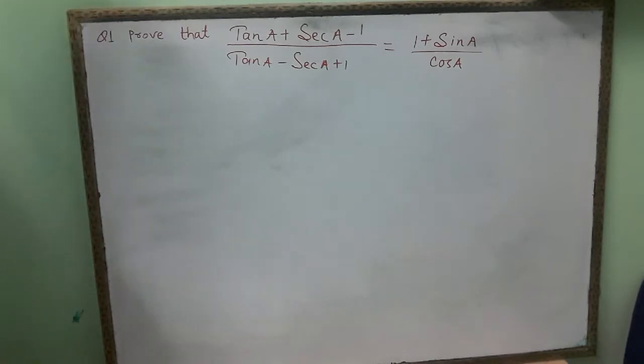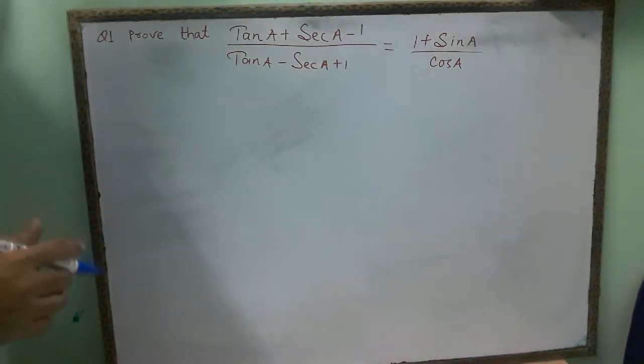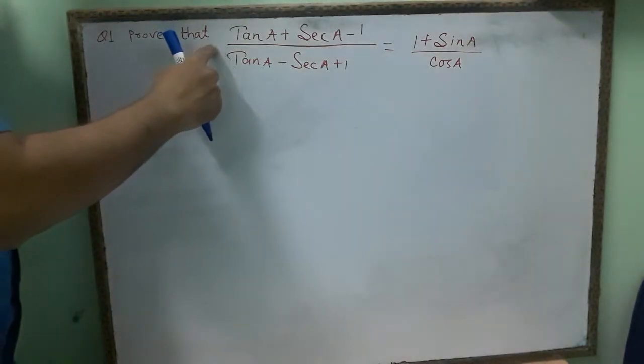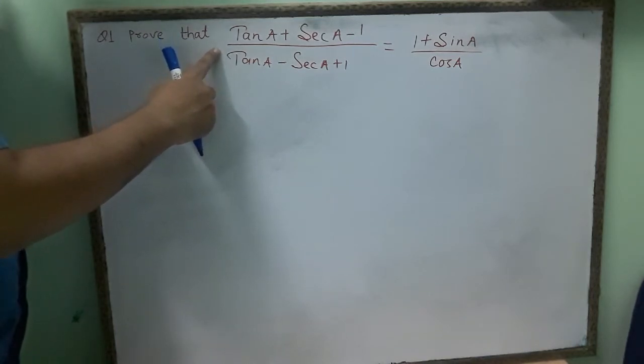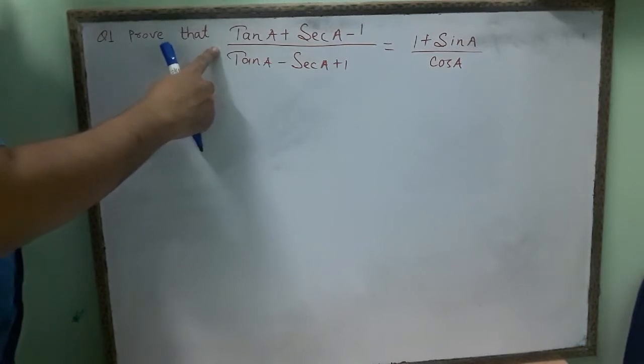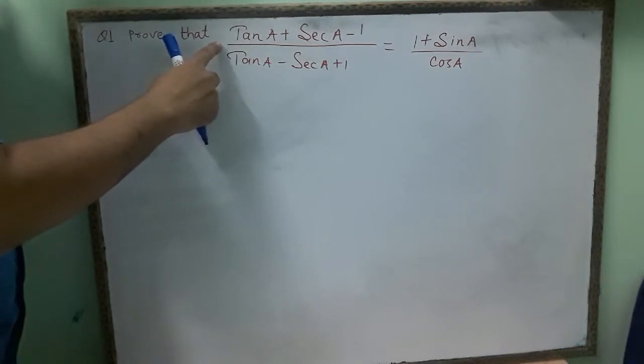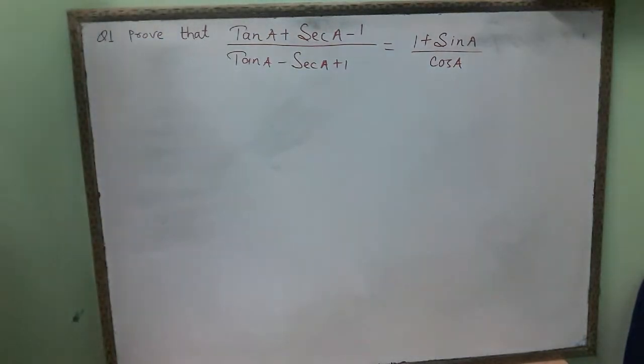So here I will tell you that 4 or 6 types of questions are very important for the board examination. So you need to revise or solve all 6 questions of such types. You will get this either in the NCERT book or in examples of the RS Agarwal book. See how I am solving this.